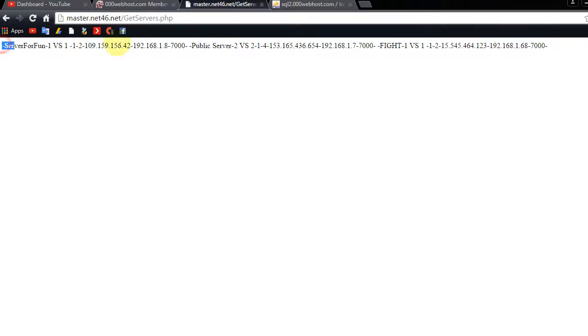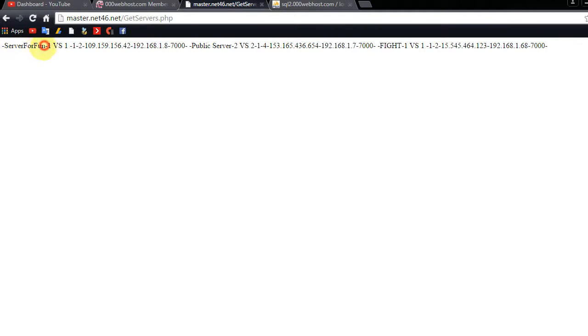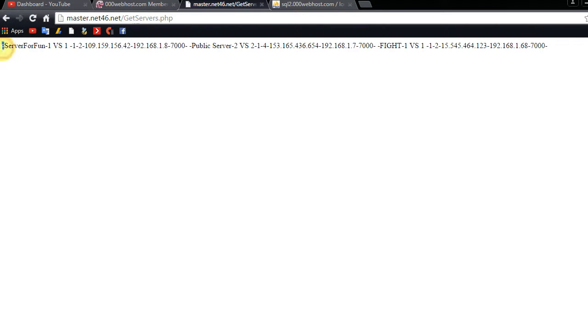So here are the available servers. But as you can see, they are in one line. This is the server name, the type, the client, the max client, the external IP, this is the local IP, the port, and then this is the next server name and type. So it's in one string. And that's why I've put this minus sign to help us extract the